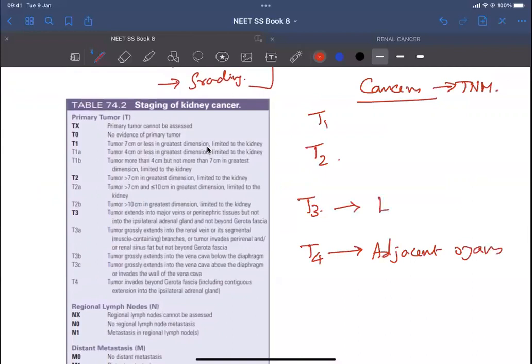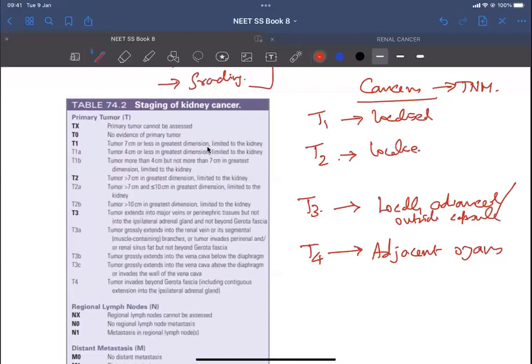The center organs, locally advanced or outside capsule. T1 is localized. T2 is usually localized, but it invades a little bit deeper. So that usually holds true for most cancers, with a slight difference between solid organ and hollow viscus